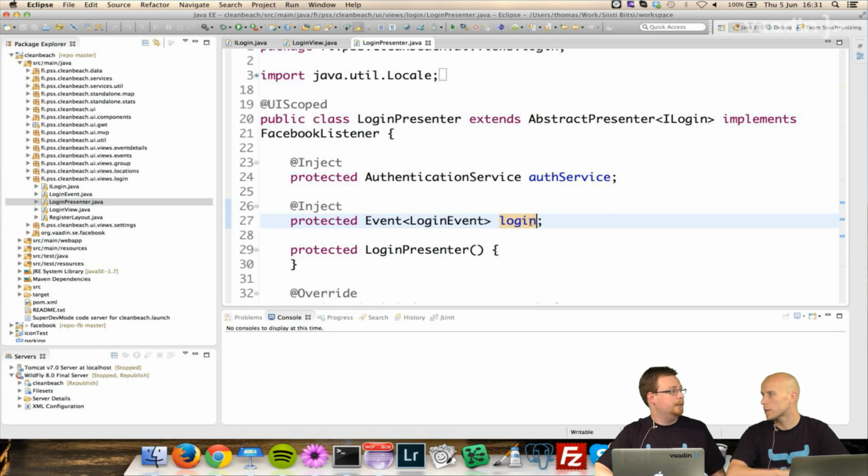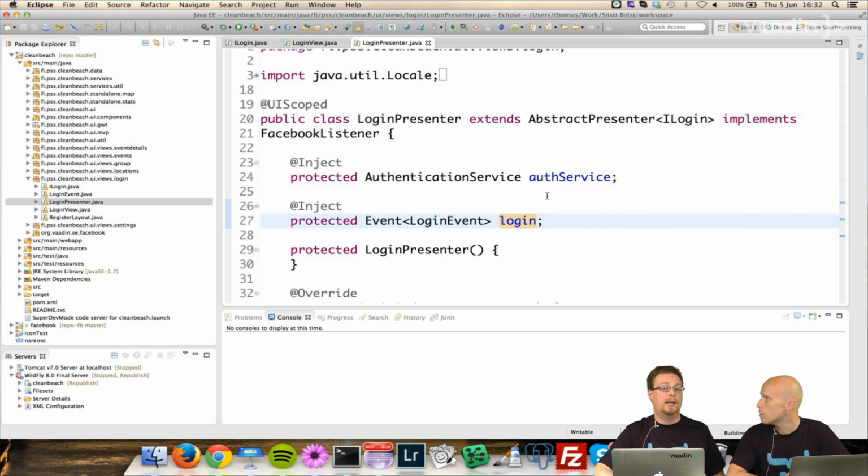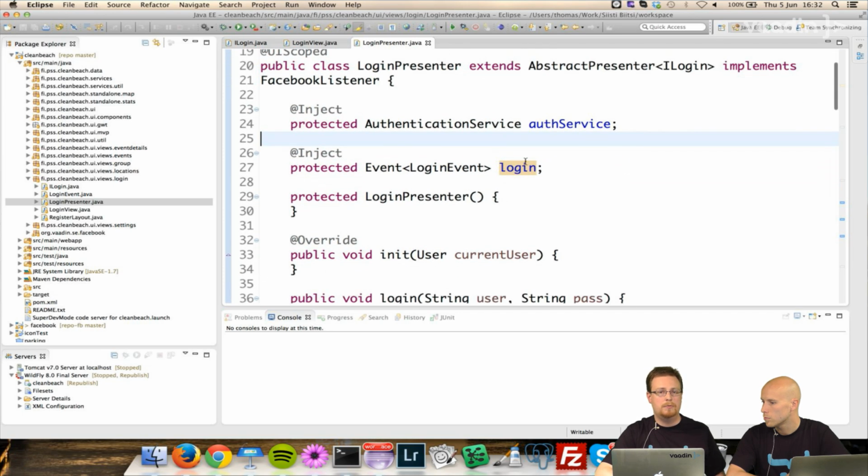Some other view reacts and then switches itself. In this case, it's the actual UI class that does it, but it's typically a main layout or something, because we need to change the whole content of the application. But it's a very nice way of decoupling your code. So the login page doesn't know what happens after a successful login, as it really shouldn't, in my opinion.